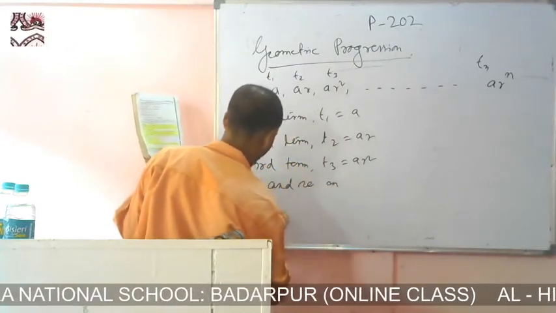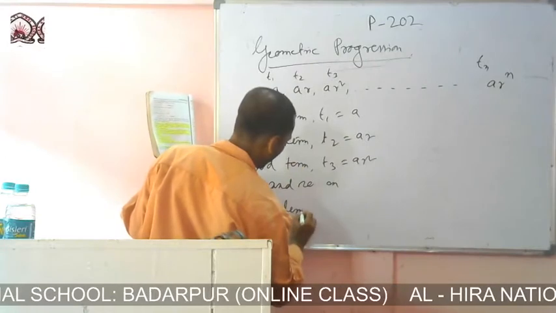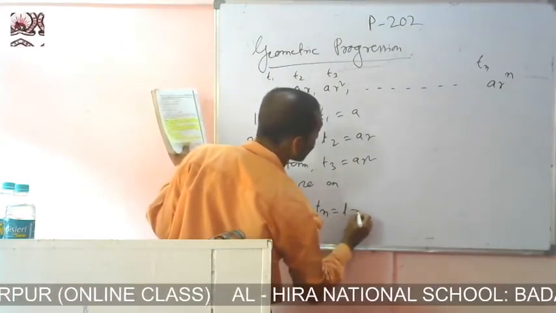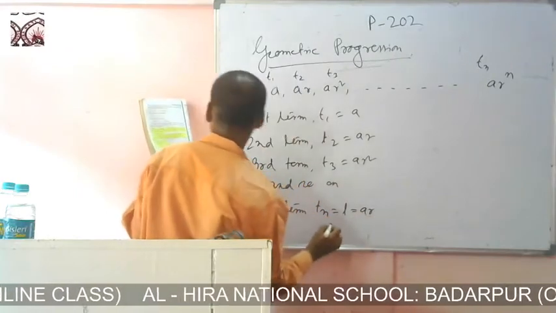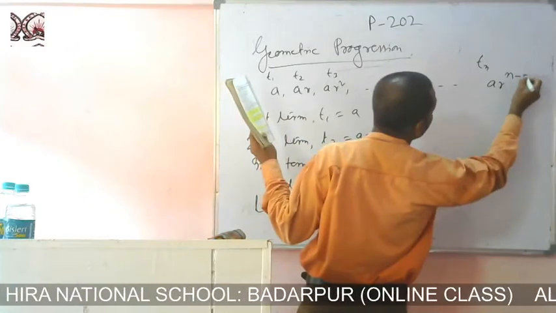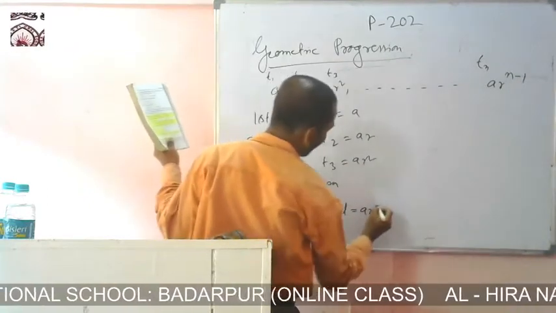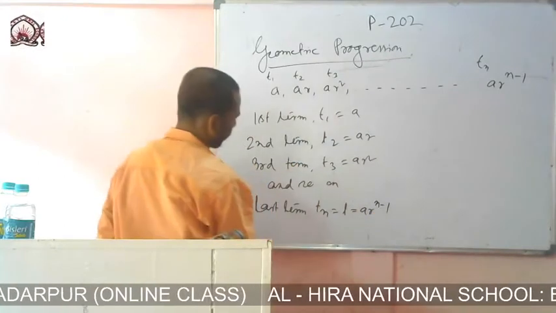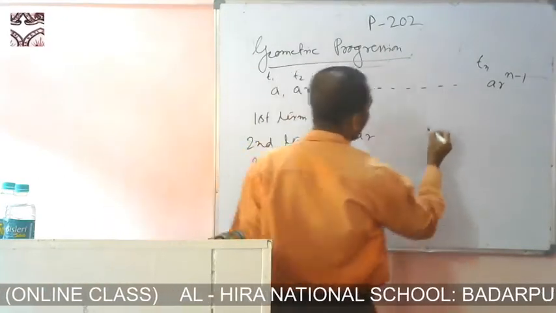Last term tn or l is equal to a r to the power n minus 1. This one is a r to the power n minus 1. So common ratio